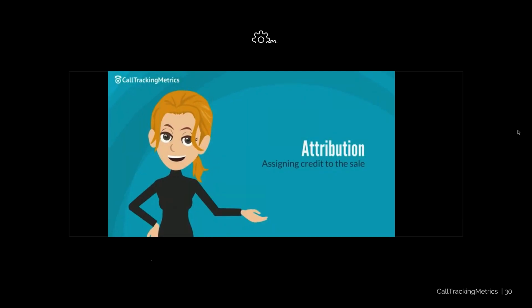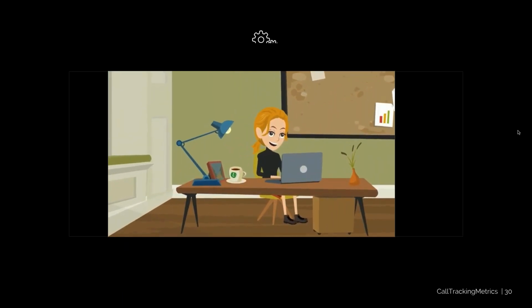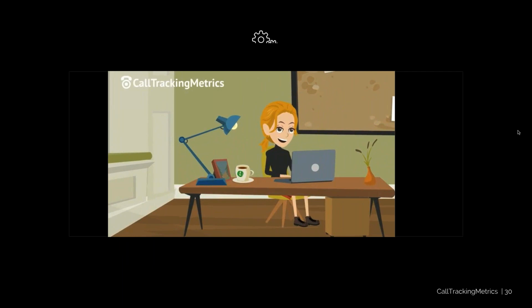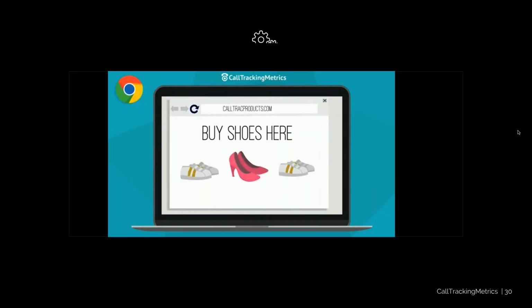Meet Emily. She's going to help us understand attribution. Like many of us, Emily spends her leisure time surfing the web. While on Facebook, she sees a sponsored ad for fancy red shoes and clicks the link. The shoes are nice, but a little pricey for her, so she doesn't end up making a purchase. Later on that day, she's still thinking about the shoes and revisits the website organically, but still doesn't make a purchase.